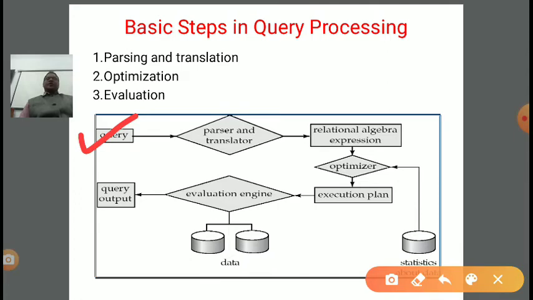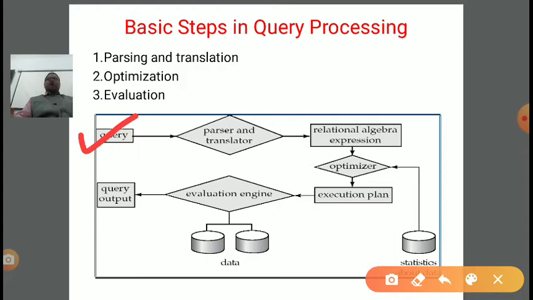Select command, then what do I want to select? Customer name. So select customer name, the attribute name of the customer name column. Okay, from which relation? From the relation named customer. So we need to write this query as select customer name from customer.